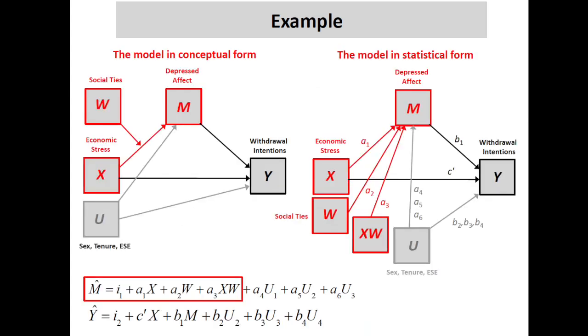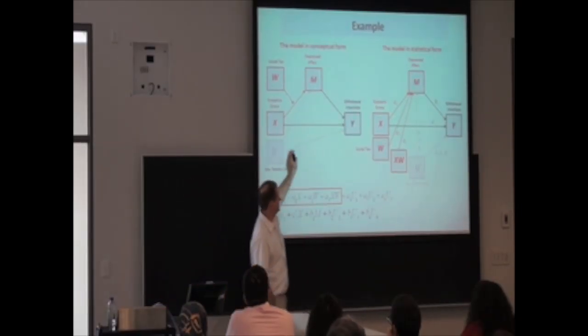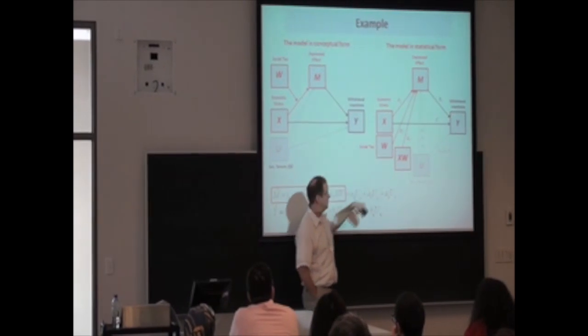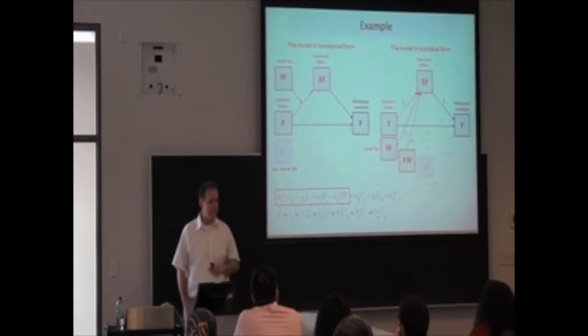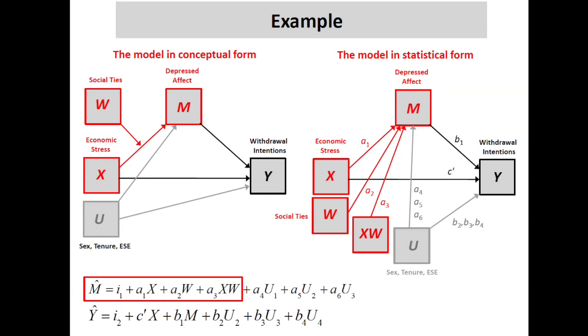Okay, so here's our conceptual model. A component of this model is a moderation component, where we have x's effect on m moderated by w. So think of that as just a moderation model, and it's got a couple of controls, because there are these control variables in the model of m. So that's this part of this equation. Our moderation component is this. And we got the stuff we're parceling out for good measure. So this part of the conceptual model translates into this part of the statistical model, in this part of the equation for m. See that?